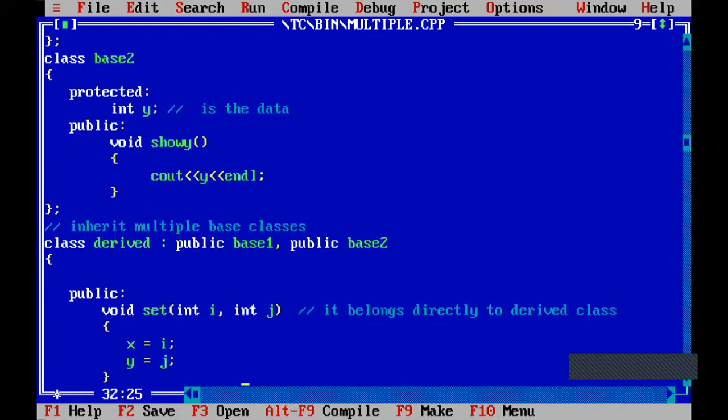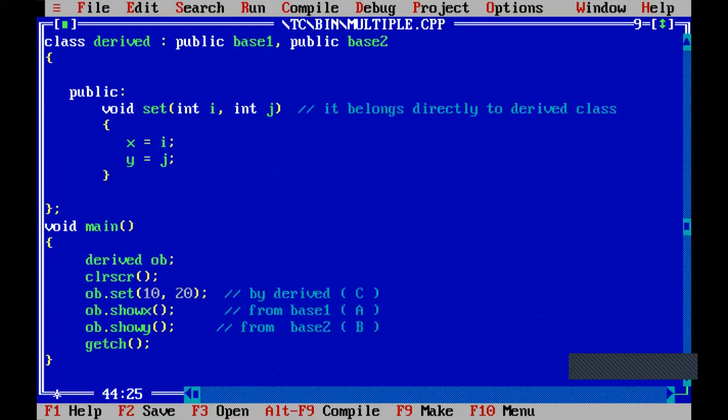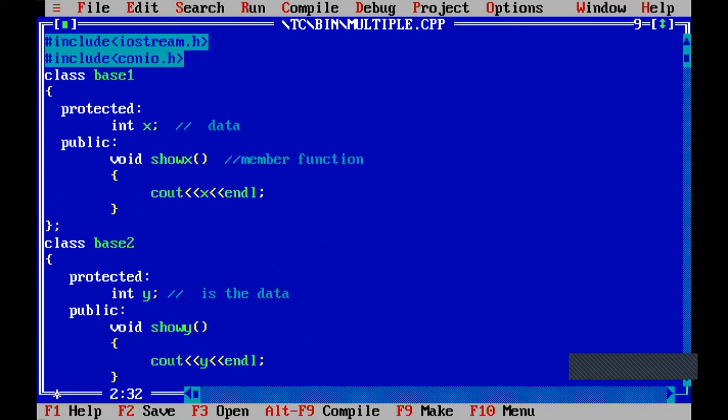Next, coming to the program, see here also, I have written in a comment format. So within the bracket I have written C, will not get any error. So here also, within the bracket I have written A, will not get any error. Where you should not write ABC is when you write the class name. While explaining, I have written A, so that one you should delete. Either you write base 1 or you write class A, and this name should be used everywhere, wherever base 1 is there.